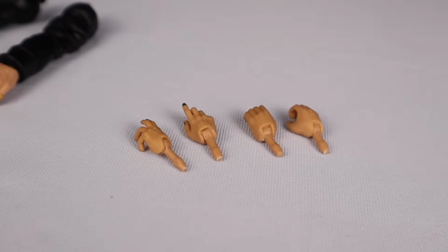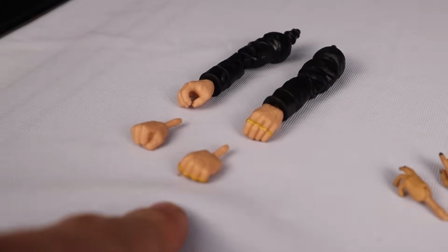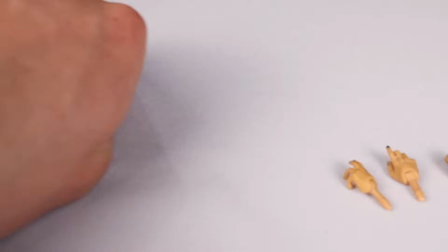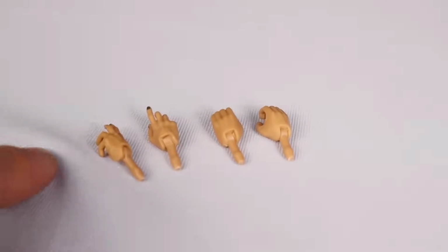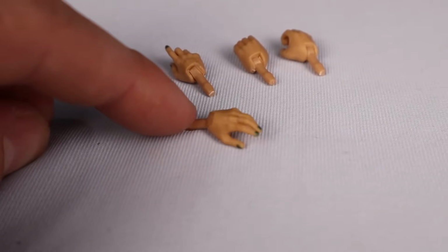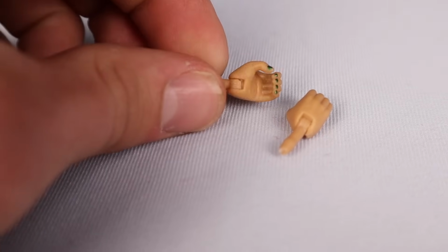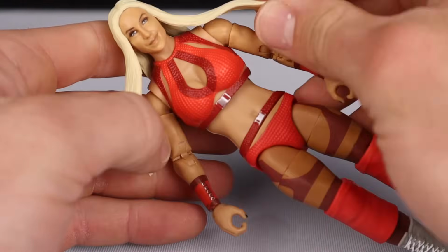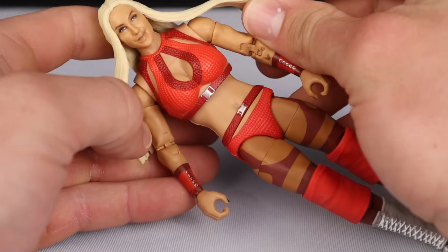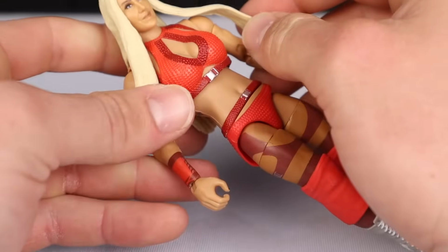Let's do it. So for Charlotte's accessories, we're seeing interchangeable hands, and we do have the William Regal arms and interchangeable hands, but we're not going to show too much of those yet, but here are the Charlotte hands. This nice style of relaxed hand right here with green nail polish. Then you can't beat the microphone holding hands, also with the green nail polish. Very cool. This Charlotte Flair figure has a really nice flamboyant look to it. I'm a really big fan of red on Mattel figures, as well as yellow, but red always looks so clean